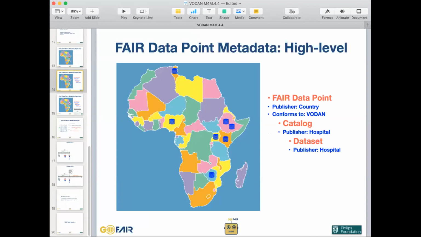The high-level designation of these FAIR data points, whether they are at the country level or at an alternative regional level, is fully under the control of the people who want to set it up there. I say country here because it's conceptually maybe the easiest way to think about it: we have 6 countries, we want a FAIR data point in each one. But if it's more meaningful at the level of jurisdictional matters, or at the level of the actual tracking of the disease outbreak, if it makes more sense to do it at a regional health bureau level, then I think that's a great idea